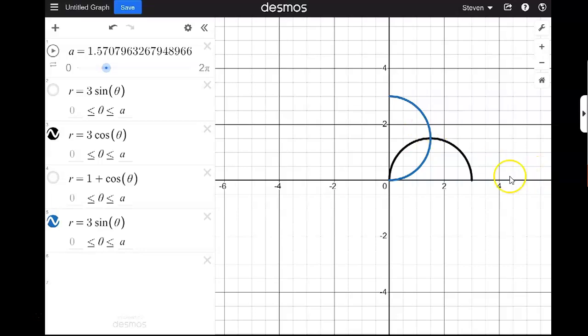You could have also done it starting at pi over 4 and going to pi over 2 by looking at the blue function as the outer function, and then the black one as the inner one. You could have computed the area of this piece, and then taken that away from the area of that circle as well. So a couple different ways you could have started it, but this is the idea of how we want to approach